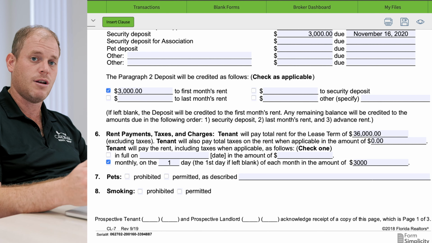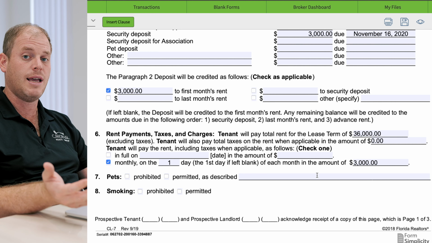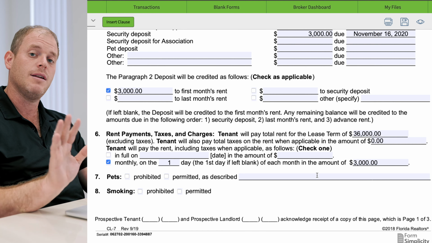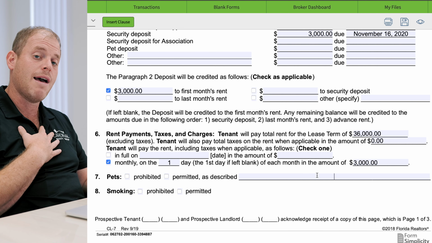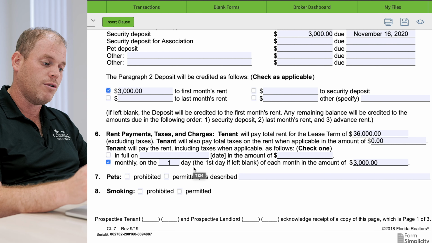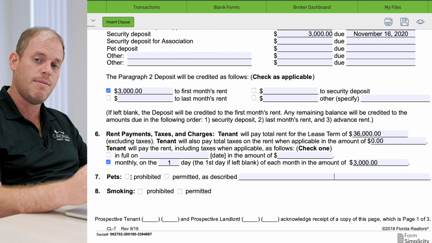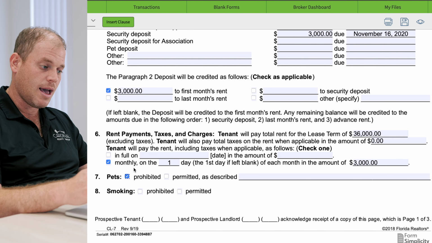Now you're probably thinking to yourself, well, we moved in on the 16th. How's that going to work? We're going to prorate those 14 days into our first rent payment. Not a big deal. Don't freak out about that. I don't have a pet. I do, but in this hypothetical, I don't have a pet. And we are going to put pets are prohibited. So just know that moving into this property, you're not going to be allowed to have a pet. Okay. However, if you did have a pet, you would want to click pets are permitted.